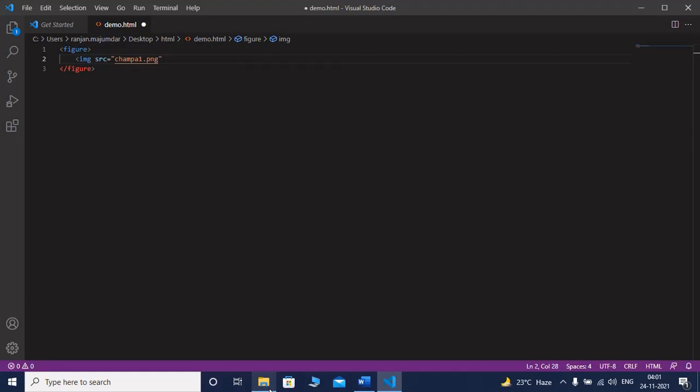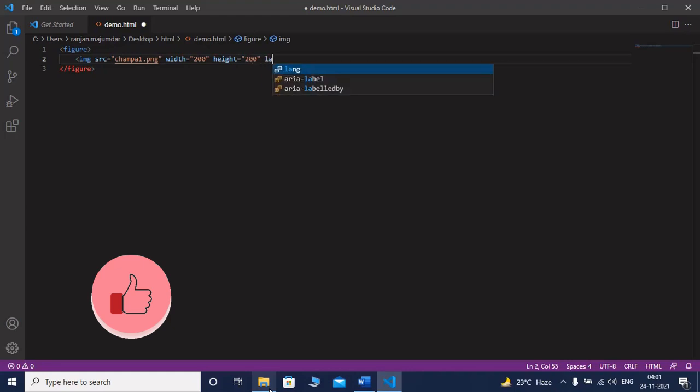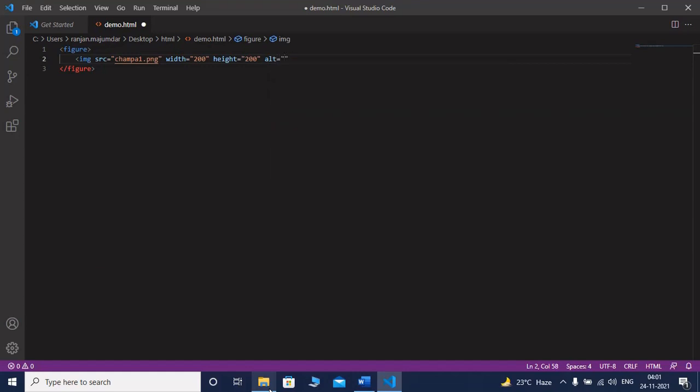So the flower name is chompa.1.png, width 200. Width is the attribute of image tag, height 200. You can add alt. Alt is an attribute of image tag, chompa flower.